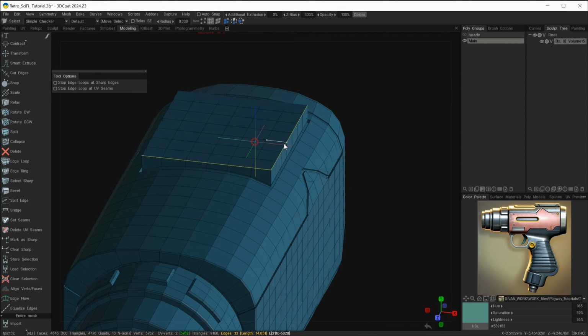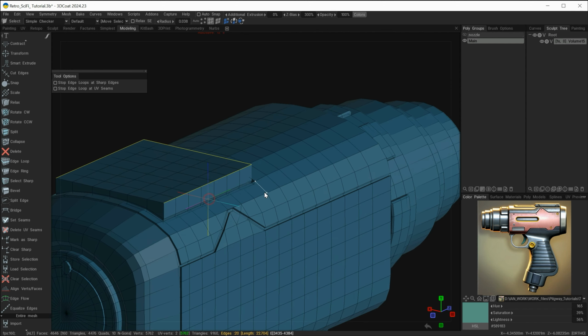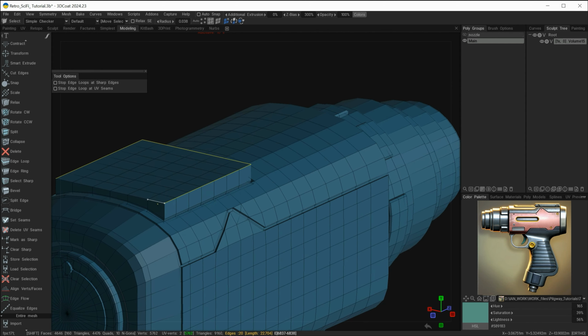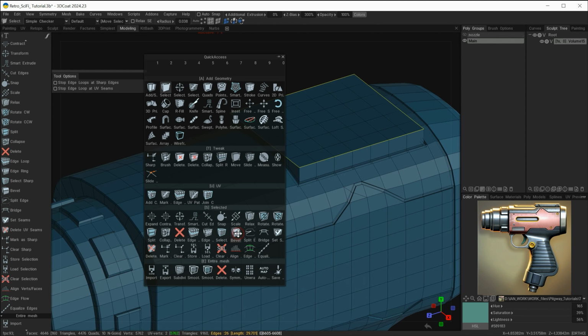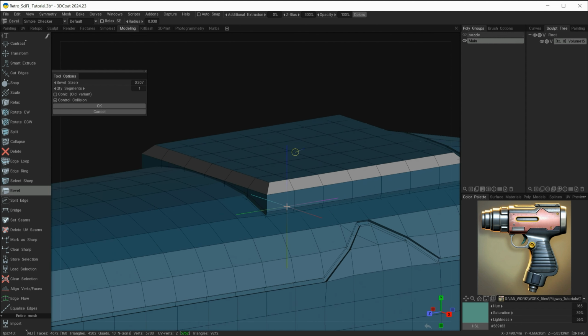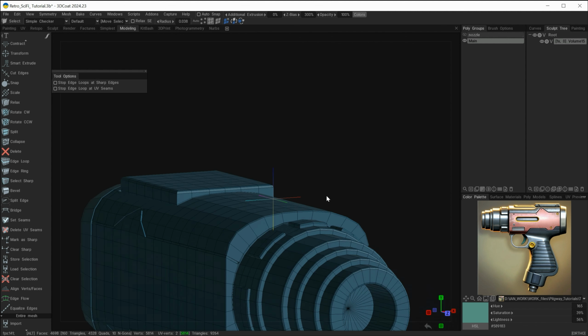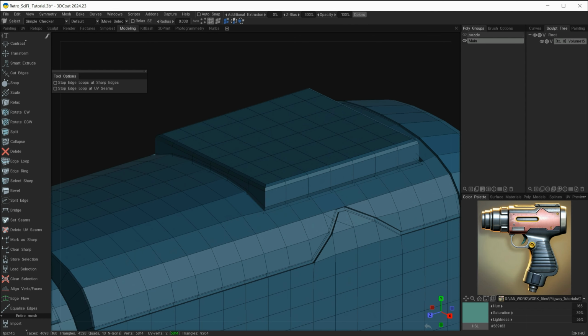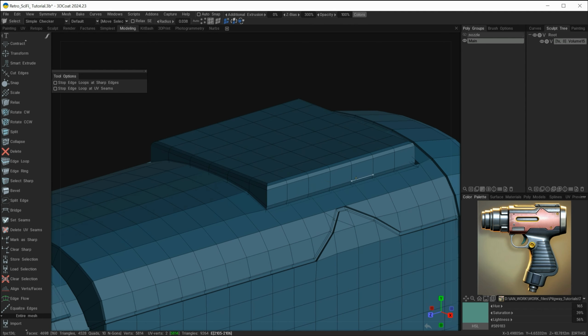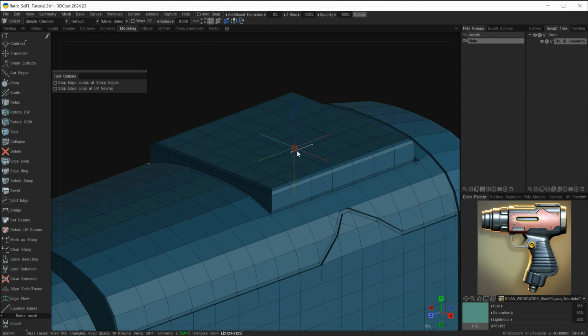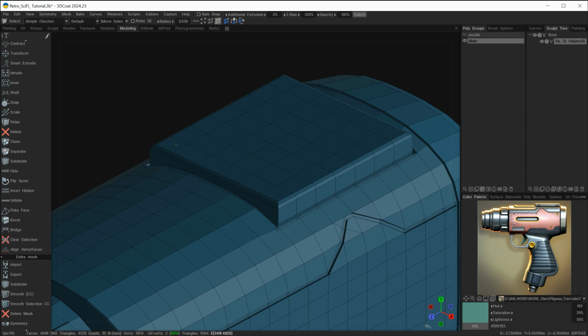So now I'll select this edge, spacebar, bevel, and quite a deep bevel on this one, something like that, and I'm going to add an extra segment in there like so, and then I just want to create something else on the top because it seems as if in the reference we've got some sort of extra area that's on the top. So let's do a different technique here. Let's just use this selection here,